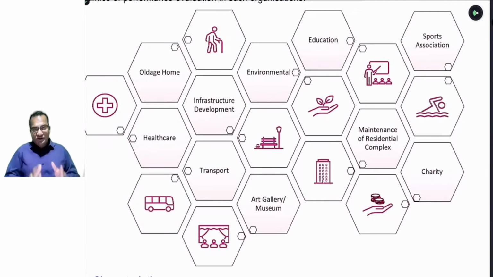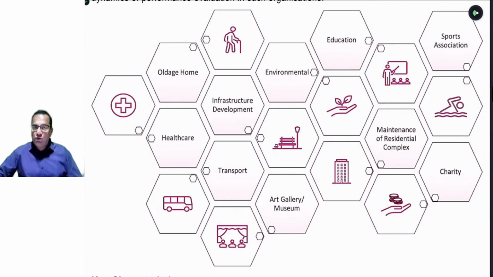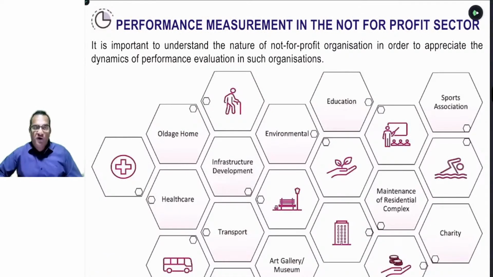the registered member. देखिए यहाँ पे बेटा बहुत सारे आपको ऐसे मिलेंगे, जैसा एक transport business हो गया, infrastructure development हो गया, art gallery museum, although it will not be for the society but it is for the specific member. फिर maintenance of residential complex, sports association, ये जितने भी चीजें हैं ये सभी चीजें अपने specified member को benefit करने के लिए work करती है, तो ये भी यहाँ पे covered होंगे. Now this is the very first point, who will be covered in not for profit sector.